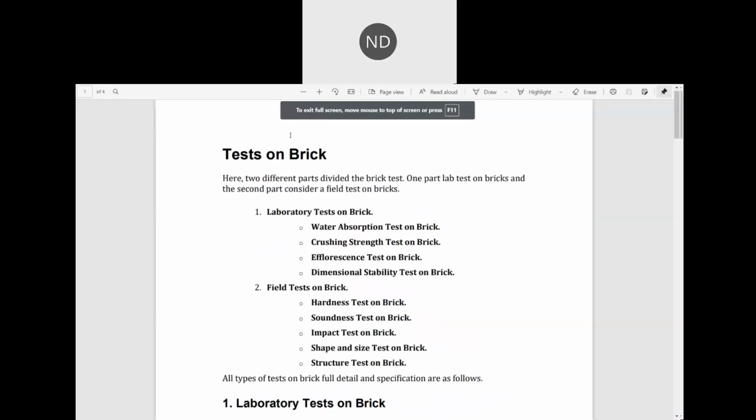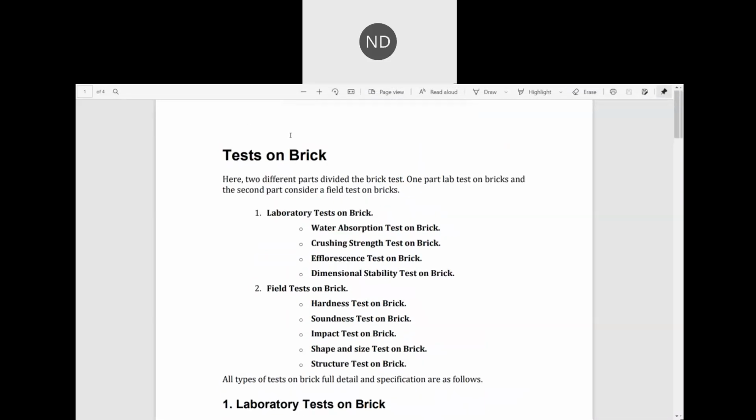So today we are going to talk about different brick tests. We will be talking about brick tests, concrete tests, then we'll talk sand tests, etc. These will be going on further. These are your last topics, which are your tests on different materials, whether it be laboratory or field test, how to do that.